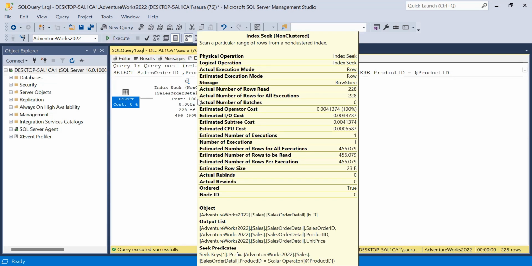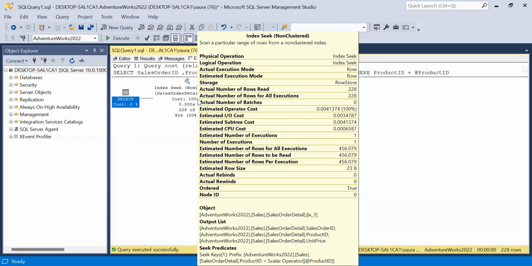However, I did not give the SalesOrderID column in the include list, but it did not perform any key lookup, and still it used the ix_3 index, and it is performing an index seek. So why is this happening here? For unit price, it was performing a key lookup when using this index, but now it is using the same index, which has no idea about the SalesOrderID column, and it is still doing an index seek without any key lookup. So the answer to this question is,